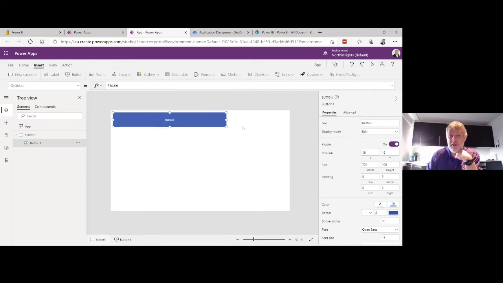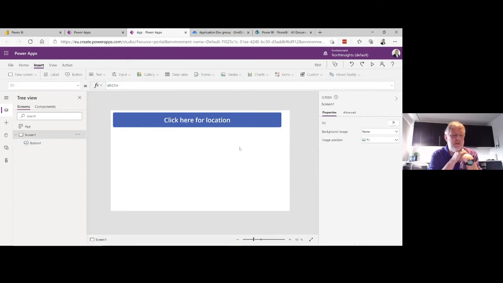I'm going to make it a little bit bigger, and I'm going to make the font of it something bigger than that, 36, something like that. And I'm going to say click here for location. Okay, so now I have a button. It doesn't do anything. It's just there. So it won't help us a lot, but it's a start.